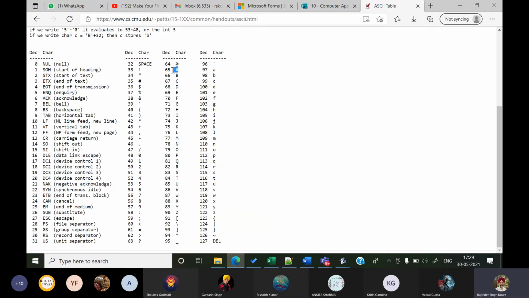All you need to know is that capital A is actually 65 and small a is actually 97, and there is a difference of 32 between the two. What do you need to remember, guys? That capital A has a value of 65, small a has a value of 97, and there is a difference of 32 between the capital and the small. Can you do that? Yes, sir.